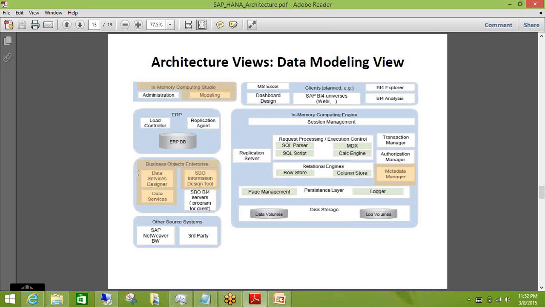SBOP is the SAP Business Object Platform, which contains your IDT, Information Designer Tool. Using that, you create a universe. When you create a universe, you can utilize it in WebI, which is your web intelligence, or you can utilize it in your analysis. All right, got it. Thanks.